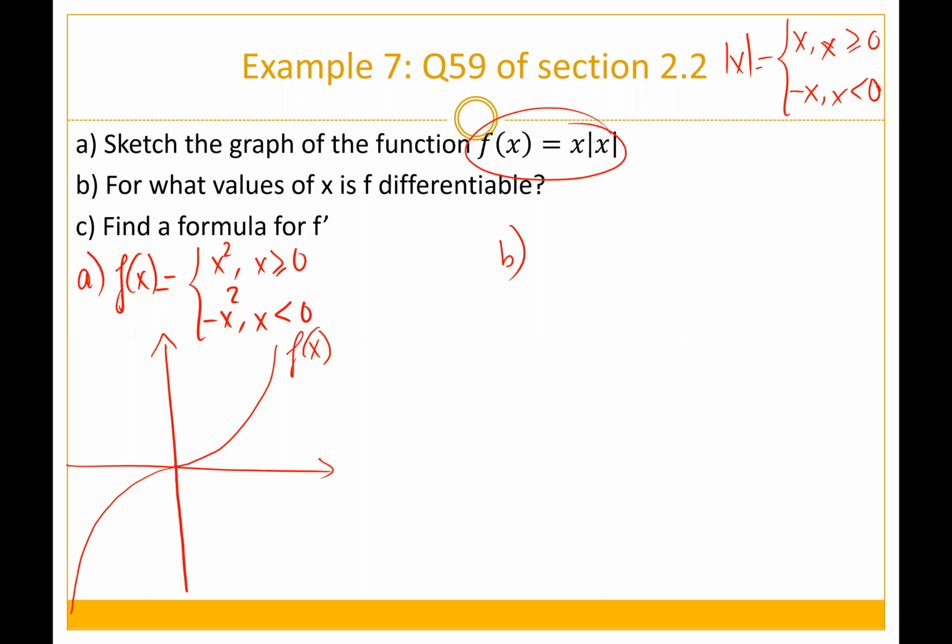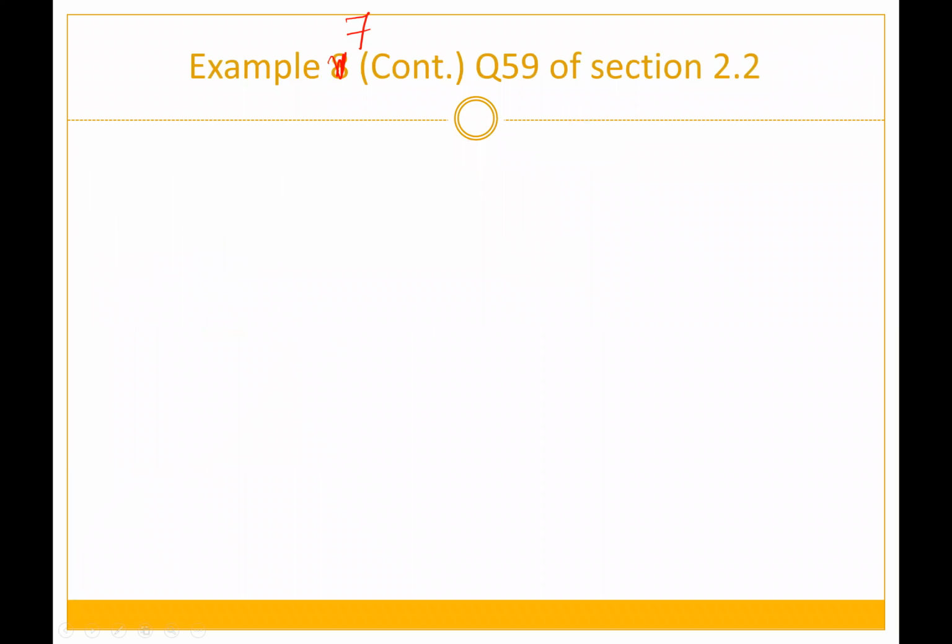So for part B, for what values of x is f differentiable? On the two-way, it's differentiable everywhere because it's a polynomial. One property of polynomials is that they are continuous everywhere and differentiable everywhere. So what we have right now is that f